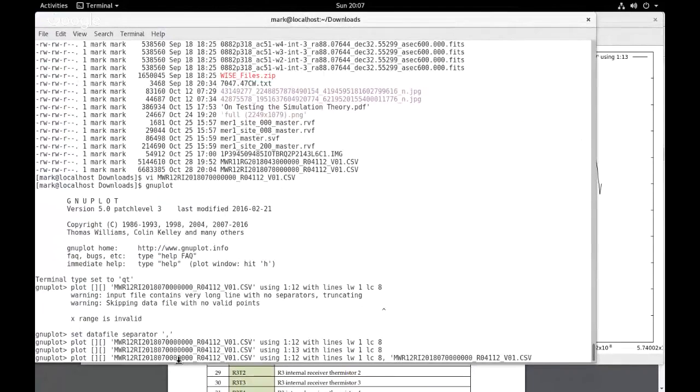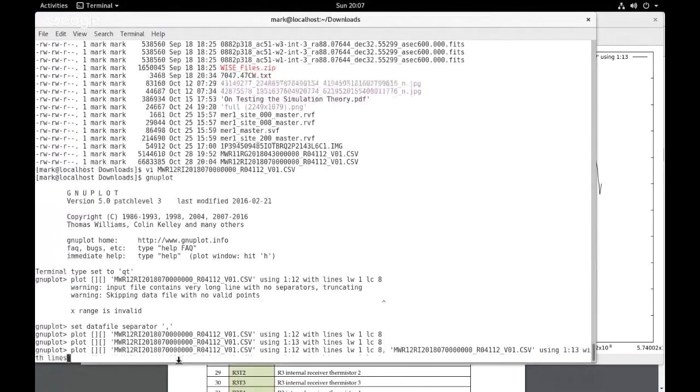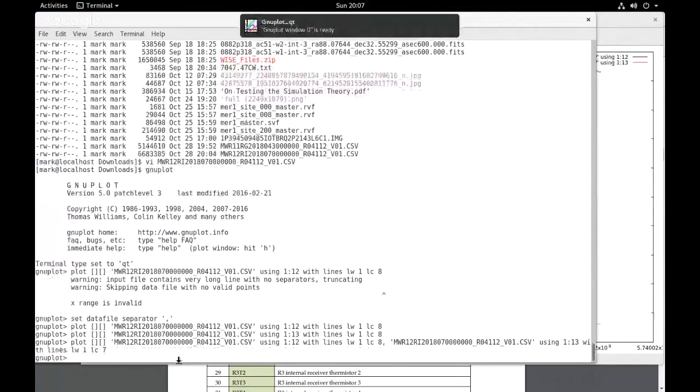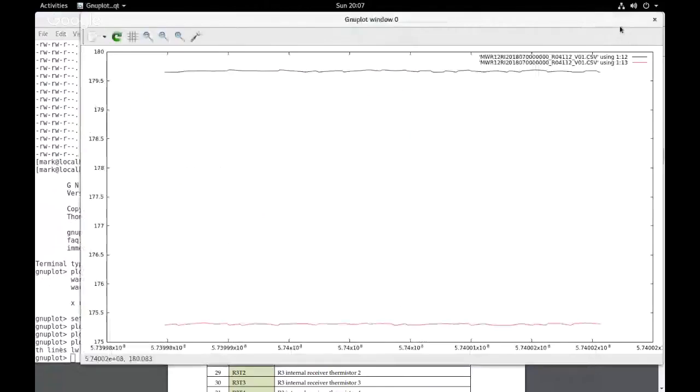So let's do this. MWR12 using 1 and 13 with lines, line width 1, line color 7. So this is plotting both of them at the same time. Oh, okay. One's really, really low and one's a little bit higher. Huh. Okay. Again, not exactly sure what these values are supposed to represent, but okay. For what they're worth,